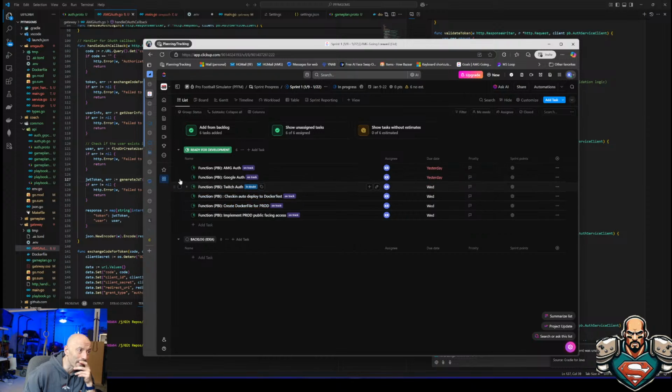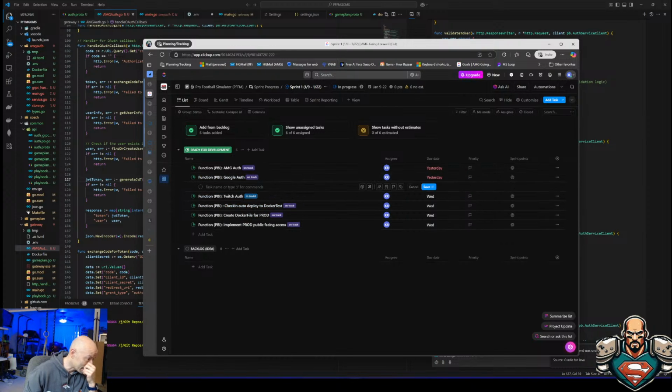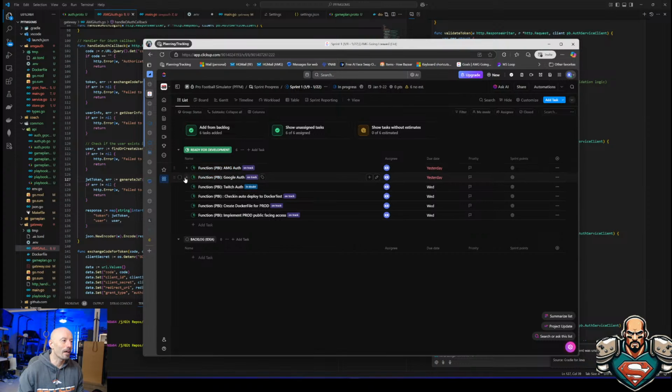This is big, though. If I were to click on this, I don't have a lot of subtasks on here. But if I were to actually say what all needed to be in place for this to happen, let's see if this one has any. No, neither one of them has it. But since I'm doing Google Auth first, I should probably put this up top as a higher priority. And then we'll put that one, and this guy I'm going to move all the way down to the bottom.